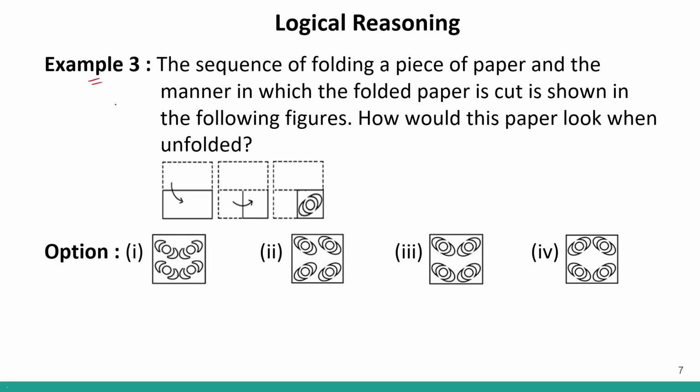Now, example number 3. This is a question on paper folding and cutting. Whenever you deal with questions on paper folding and cutting, two things you have to keep in mind. First is the folding of paper, the manner in which the paper is being folded. And the second thing is incisions, that means the cuts. Over here the paper was folded in half, and then these cuts are made. Now the paper will be opened like this. When the paper is opened, we'll get an inverse image, correct? Whenever a paper opens up, we get an inverse image. So the image will be something like this.